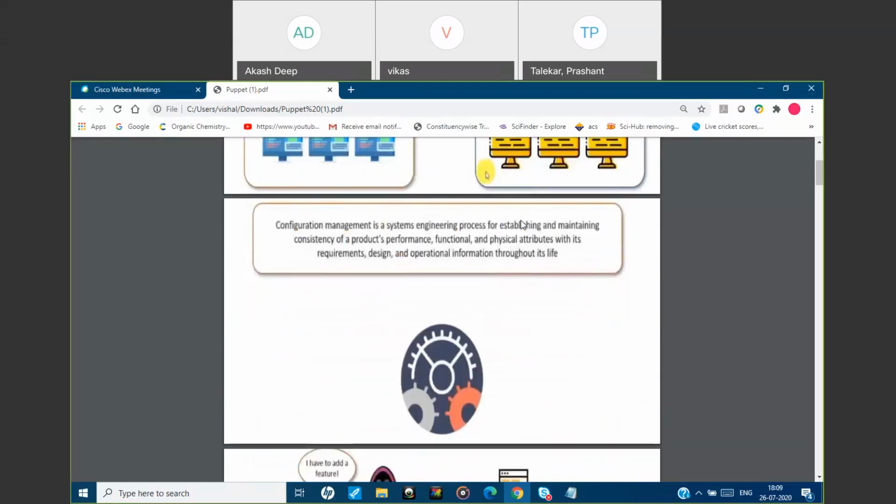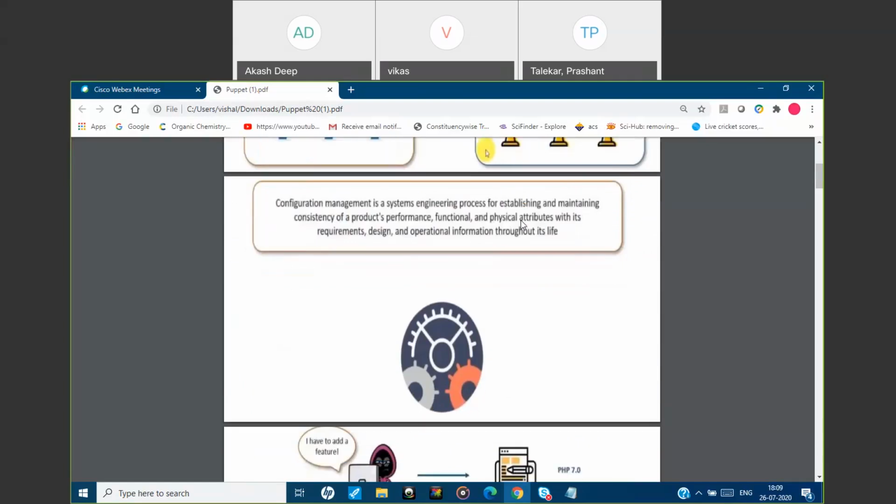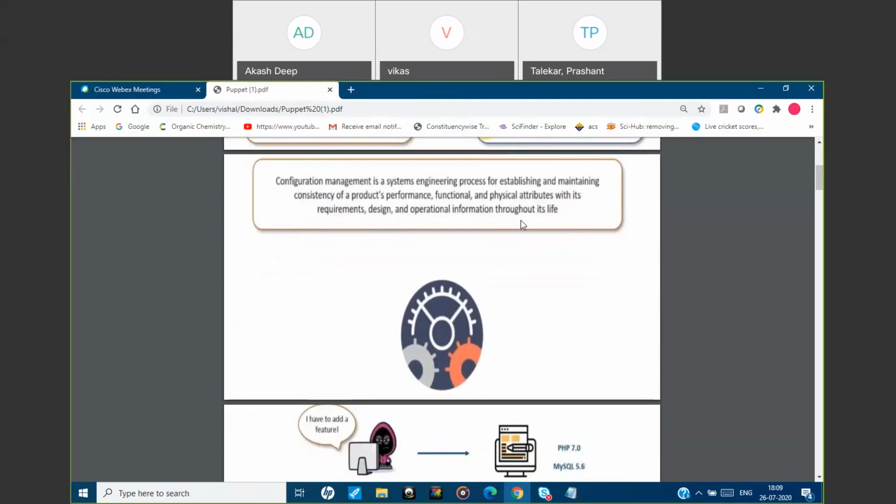Configuration management is a system engineering process for establishing and maintaining consistency of a product's performance, functional and physical attributes with its requirements, design and operational information throughout its life. It's not like it's new, right?